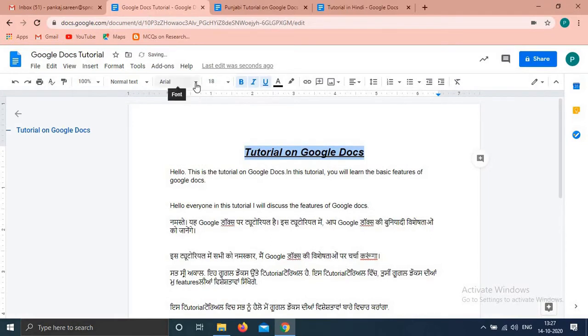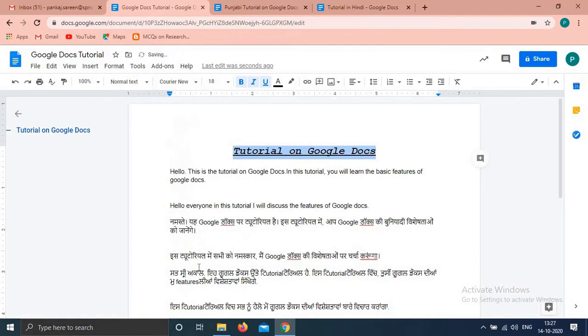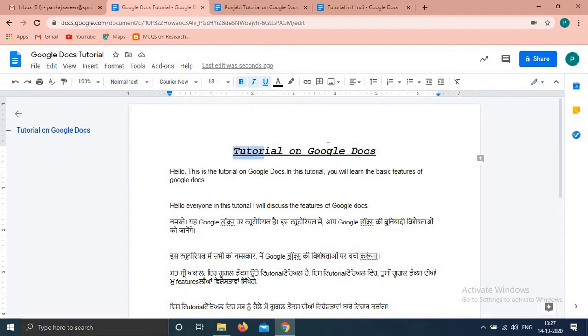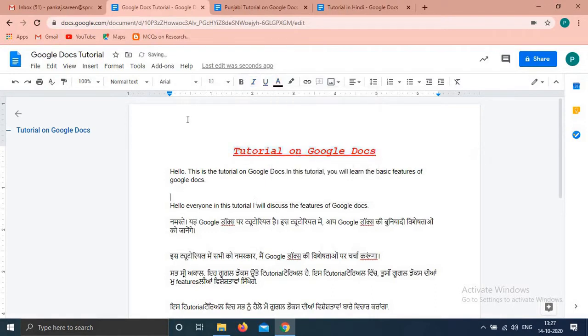Fine, you can give the style, you can give the font. Fine, there are so many options that you can use. If you want to give font color, you can select from here. So see, all the options that are available in MS Word are available in Google Docs.